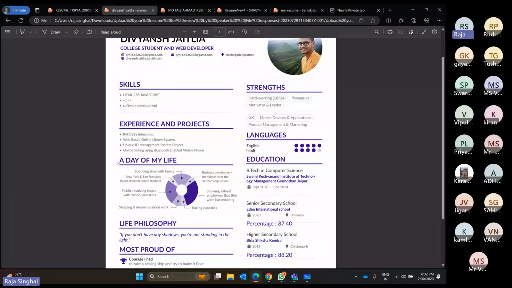In the experience section, he mentioned a lot of things, but again, the description is missing, and it is just a little point. So, Infosys internship. If I am an interviewer or HR, you just mentioned you did an internship at Infosys, but what you did and how, what you achieved via that internship, you didn't mention anything in your resume. These points are useless for an interviewer who is looking for a good candidate.